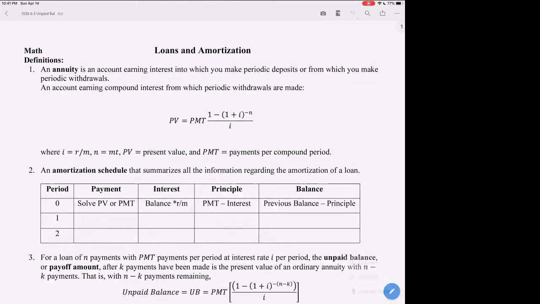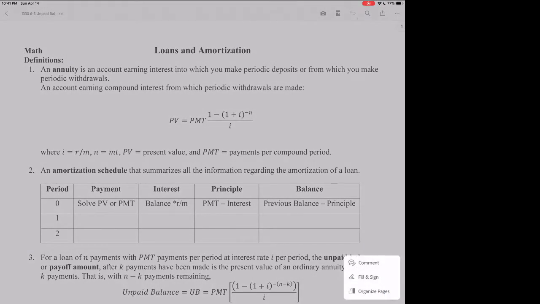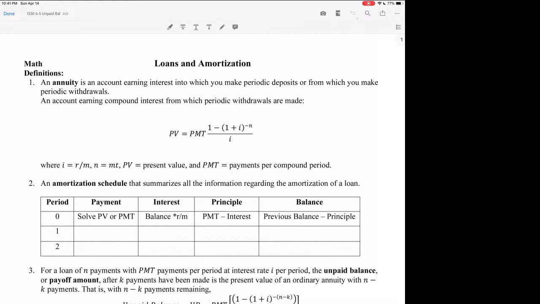Now we're going to talk about amortization. This is when you buy a house and you want to figure out what your payments are going to be for every payment of a loan. So how you're going to amortize your loan throughout the entire loan process,